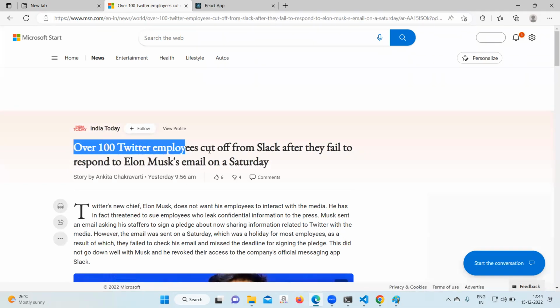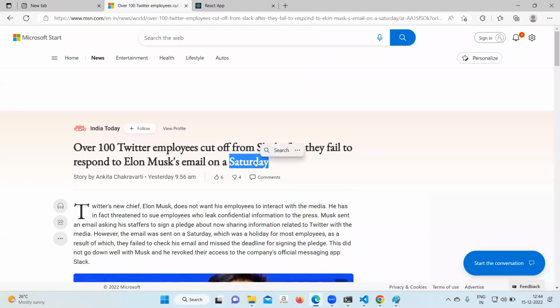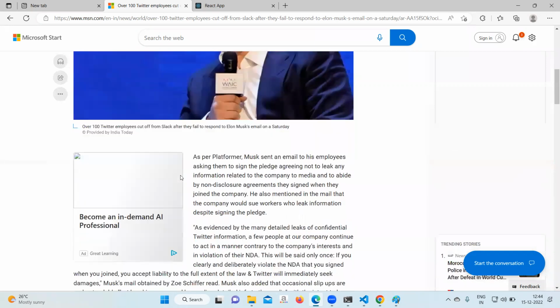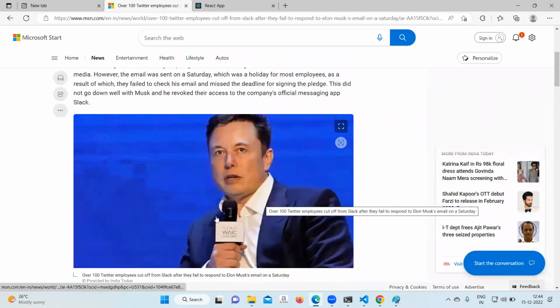And read this line. Over 100 Twitter employees were cut off after not replying to an email on Saturday. If an email comes from the boss and you're not replying on time, then also you are cut off, removed from the list. This fellow has put the market in trouble. He only first started removing